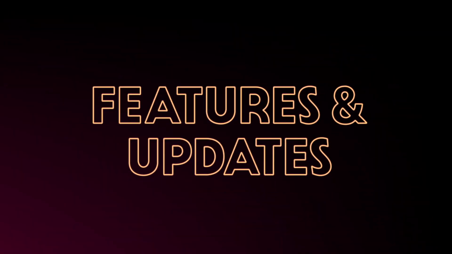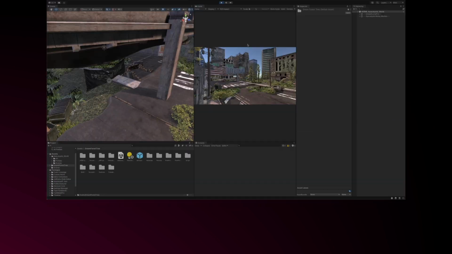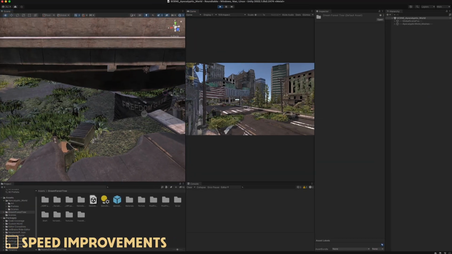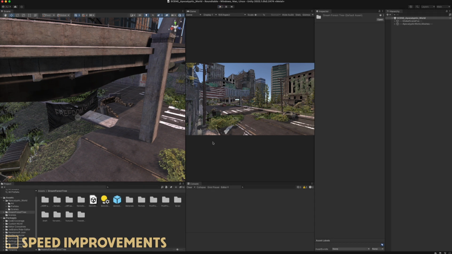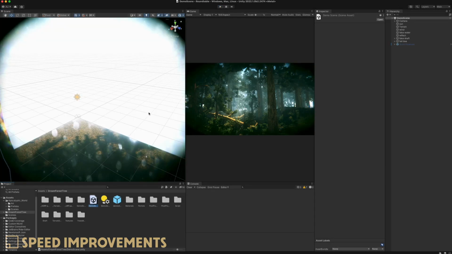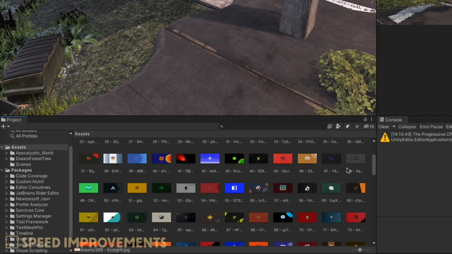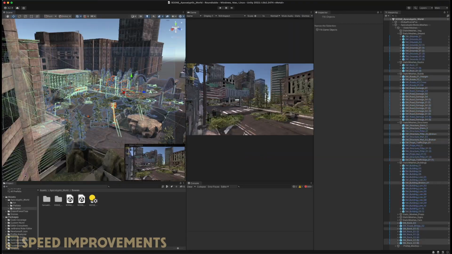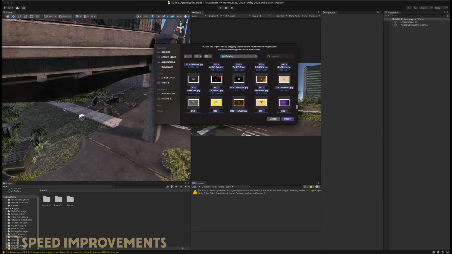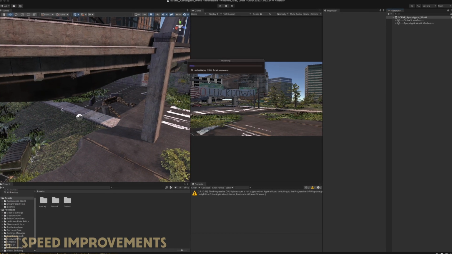A big focus for this release has been reducing the time it takes to enter play mode with faster scene saving, increased use of multi-threading to speed up static batching and particle pre-warming, and reducing the cost for some package initialization times. They've also sped up scrolling and picking of objects, along with the texture preview and multi-selection of game objects, as well as reduced the small file import times by up to 60%.